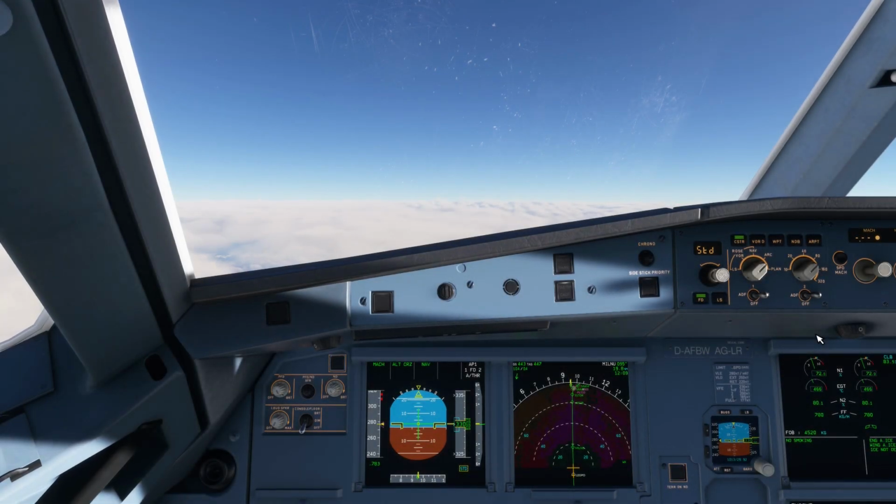Alright, ladies and gentlemen, hope you guys enjoyed that little cruise cinematic portion of the full flight. Welcome back to this episode. We're going to be taking a look at the entire descent, landing, and approach into Stockholm Arlanda International Airport. We're about 20 nautical miles away from top of descent, so let's go ahead and start entering our destination data